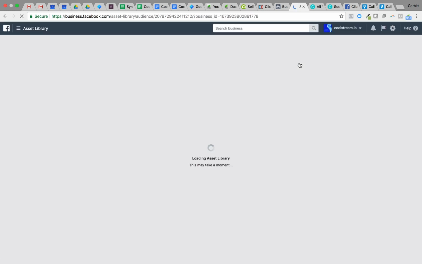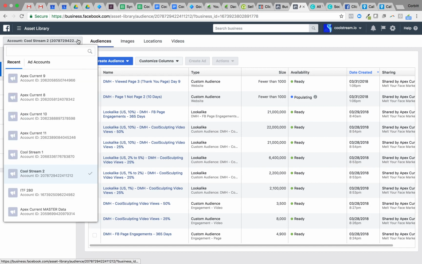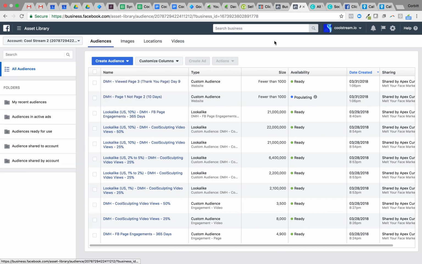Now, anytime you switch between sections of Business Manager, you want to make sure it remains in the same account. We have a number of different accounts. Sometimes it can switch on you, and I have no idea why, but we want to make sure we're working in Coolstream 2. We'll keep it there. So this is how you set up your audiences. We'll set up 3 different ones. These have to be updated daily, so I'll show you that in a second, but we'll start with our first